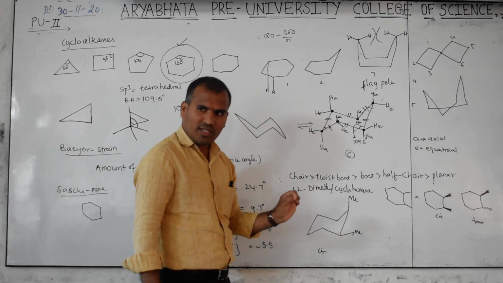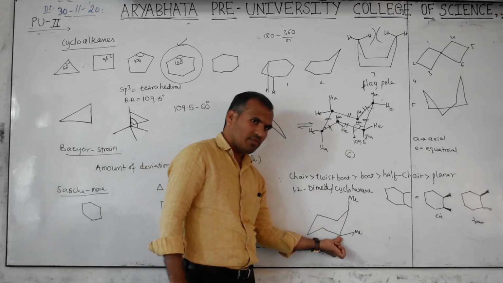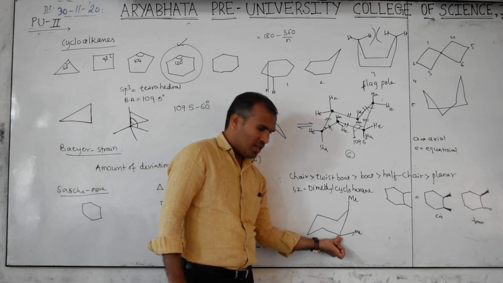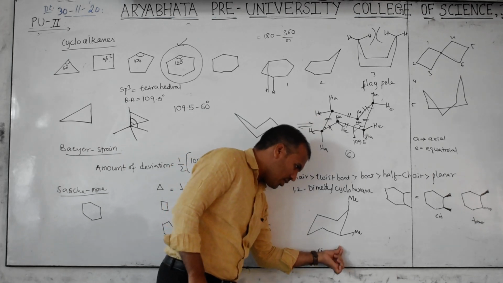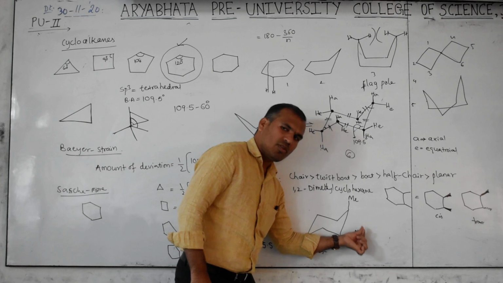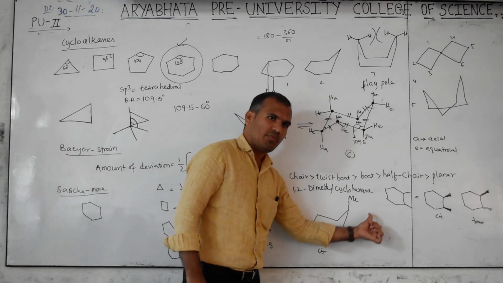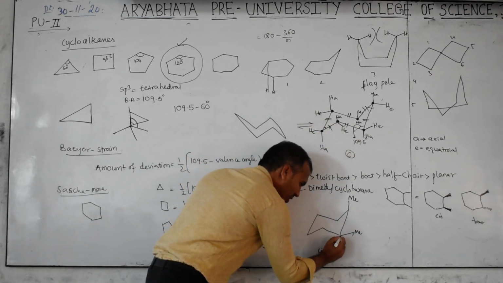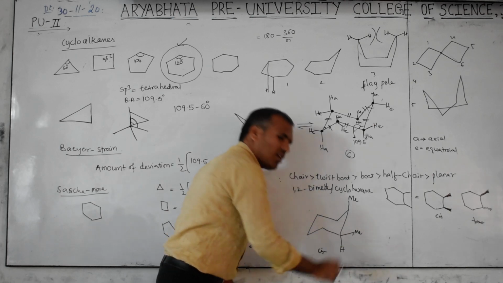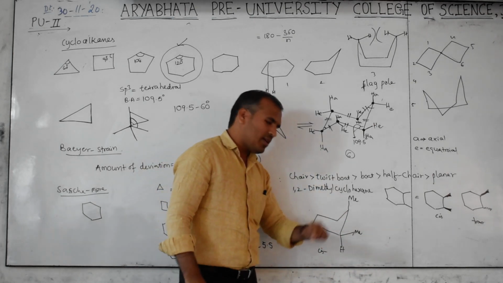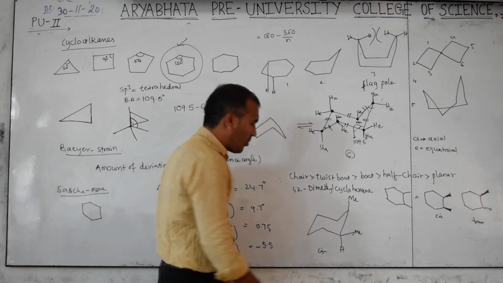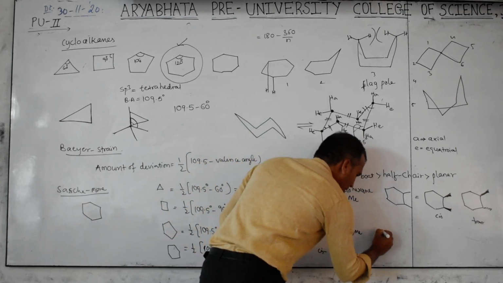Otherwise you should know that first this carbon is which one? Down carbon. Then this will be down hydrogen. Then here whatever the group, hydrogen or methyl or any group, that should be up only. If you are identifying this is down, it means automatically this is up only. Then up is there, that is called cis form. Can you write the trans form?